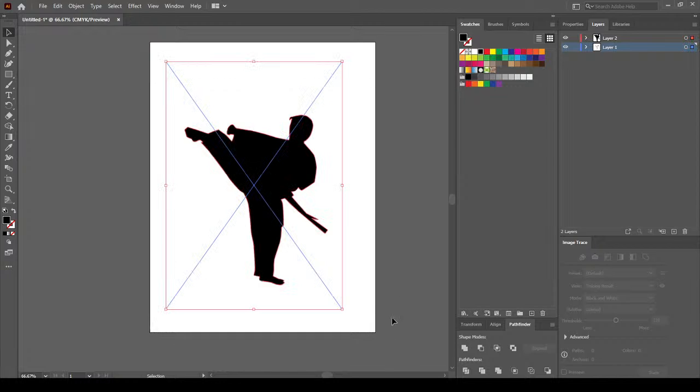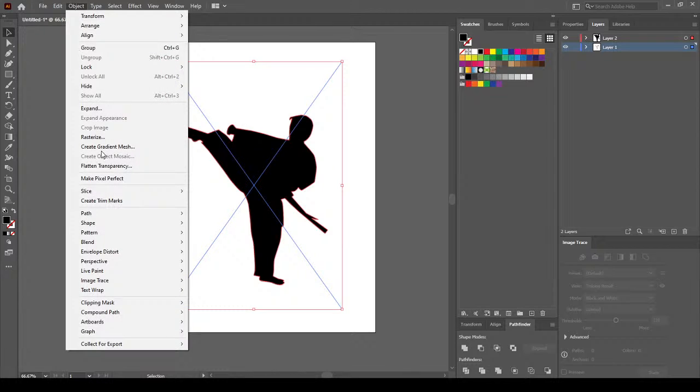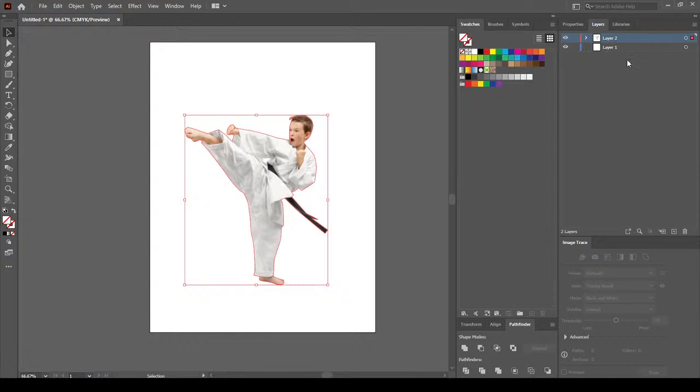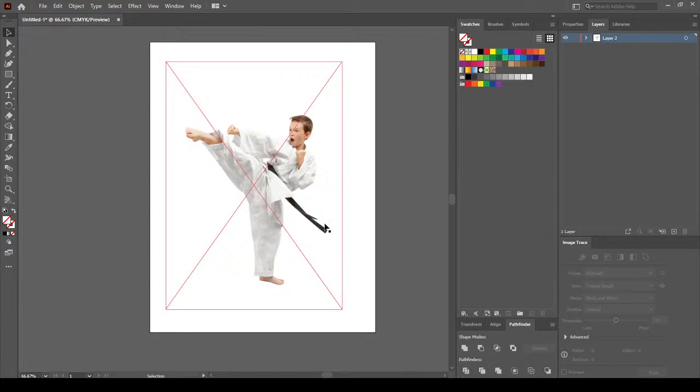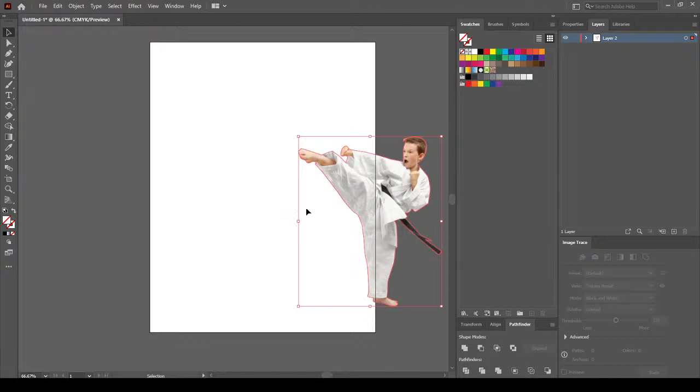Now this is all done. I will select both of the layers, then go to Object, Clipping Mask, and Make. Once you do that, it will remove one layer. Now this layer is all gone. Nothing is on this layer. Everything is on this layer, and this is your kid